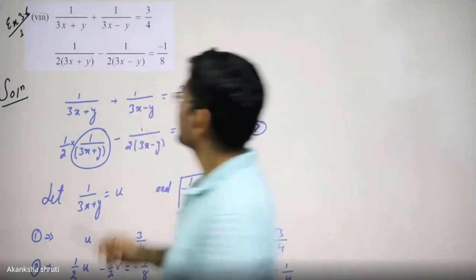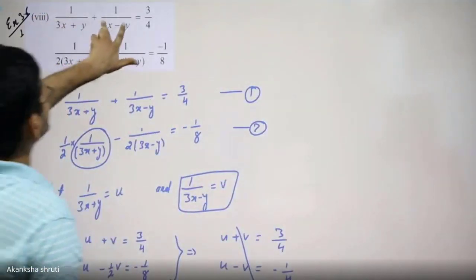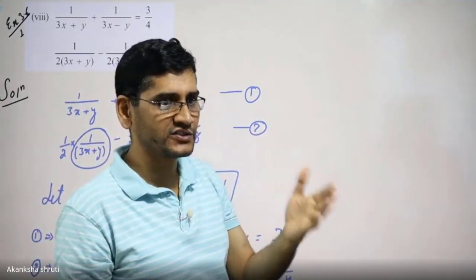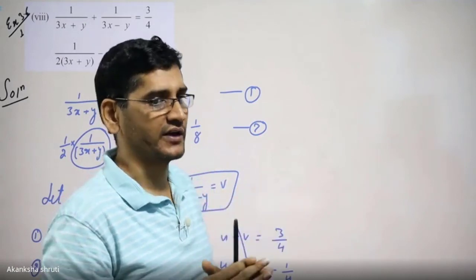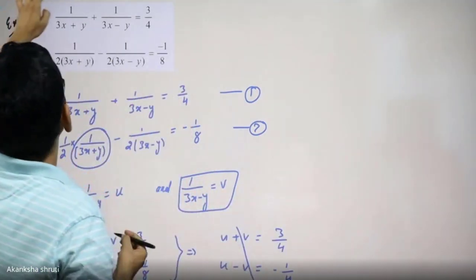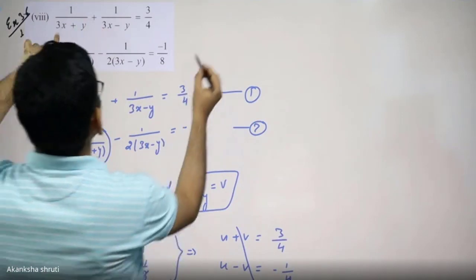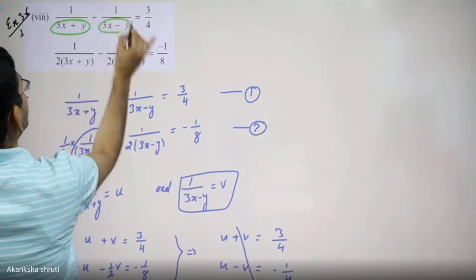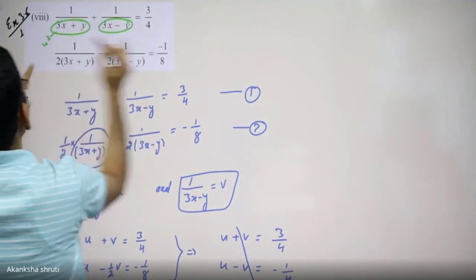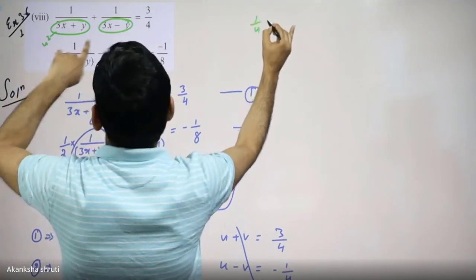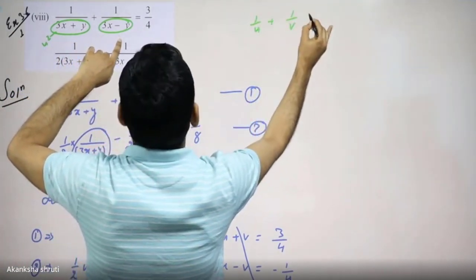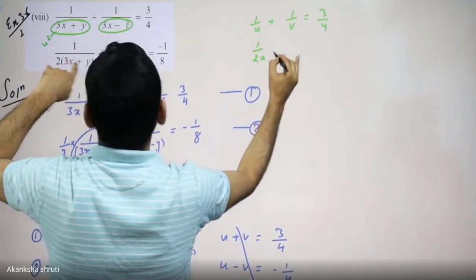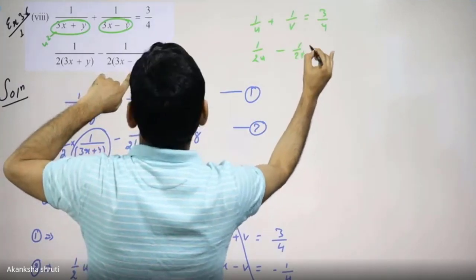स्टूडेंट, जब भी इस तरीके के क्वेश्चन दिए रहे कि x, y दो जगह है, तो आप सुटेबल तरीके से और इंटेलिजेंट तरीके से सब्स्टिट्यूशन करें कि कम से कम कैलकुलेशन है. बहुत बार बच्चे क्या करते हैं यहां, और इवन इन सम ऑफ द बुक्स आर आल्सो देयर, दे आर अज्यूमिंग जस्ट दिस एज u, दिस एज v. यदि आपने इतने को u माना है स्टूडेंट, व्हाट इट बिकम 1 by u plus 1 by v is equals to 3 by 4, and then this become 1 by 2u minus 1 by 2v is equals to minus 1 by 8.